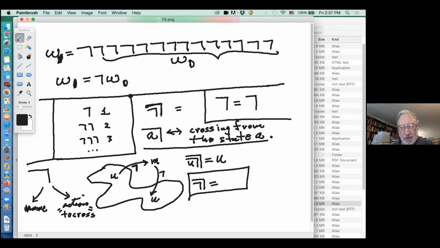You can't argue with it, but I'm going to assign different meanings to the left and to the right. On the left, it says you will cross from the unmarked state. On the right, it's the name of the marked state. And they're identical. The name of the marked state, where you arrived when you crossed from the unmarked state, and the result of crossing from the unmarked state. So it tells you that this sign can be regarded in the active mode or in the passive mode. It can be regarded as a sign for itself, or a sign for the marked state, or as a sign for the action of crossing from whatever is on its inside.